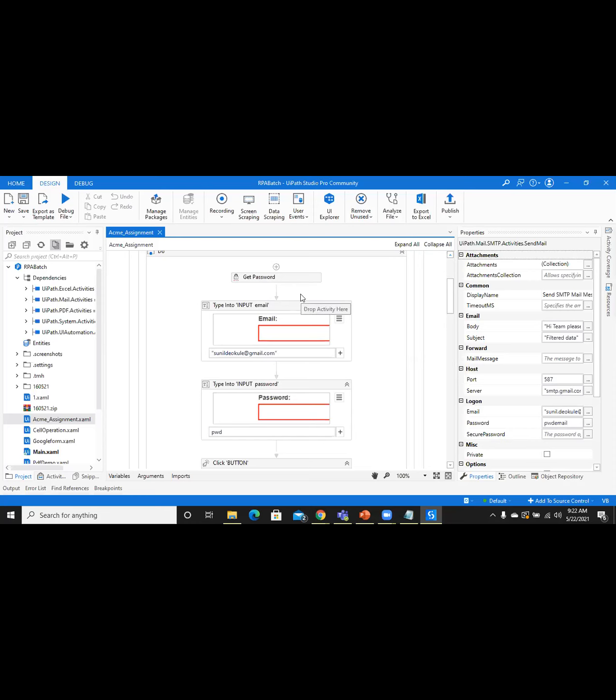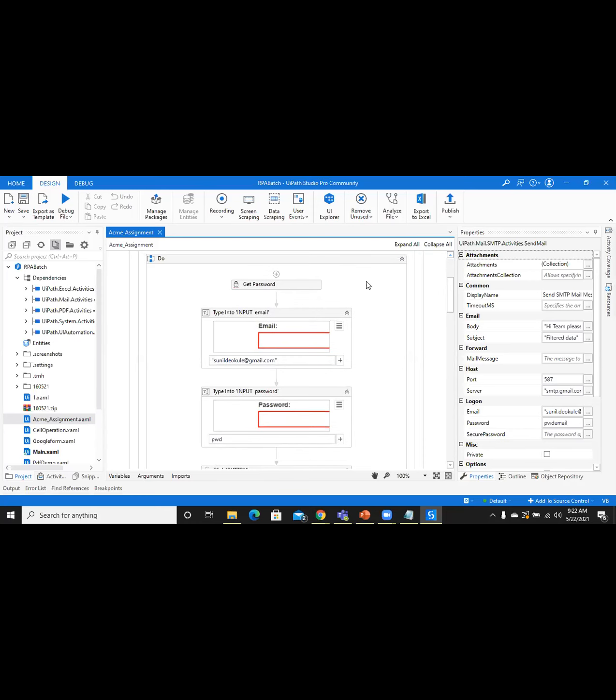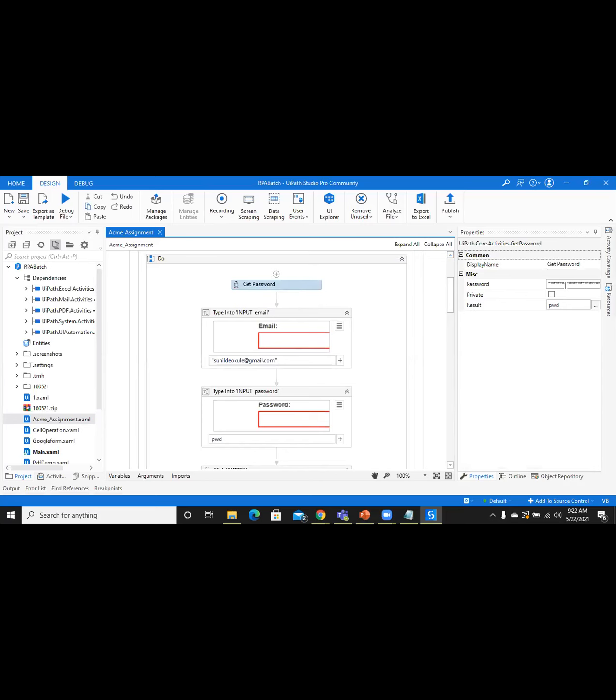For the username also you can create variables, but for the password you always need to use the Get Password activity. In the Get Password activity you have the password field. You store this password in a variable. So pwd is a variable where I have stored my password.